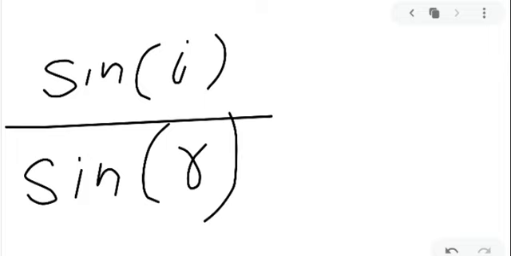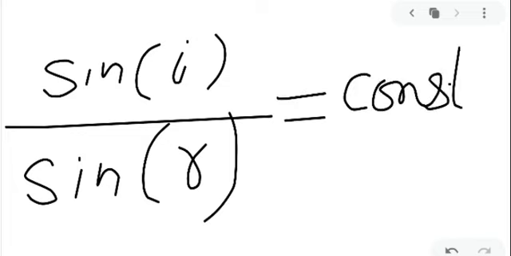You give an I, then there will be a corresponding value for R. It is not that R is independent, it cannot be anything. For a given I there is a given R, and so if you take the ratio of the sine of I and sine of R, this ratio will be a constant